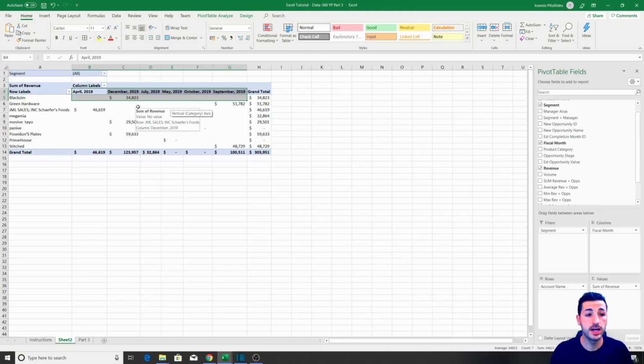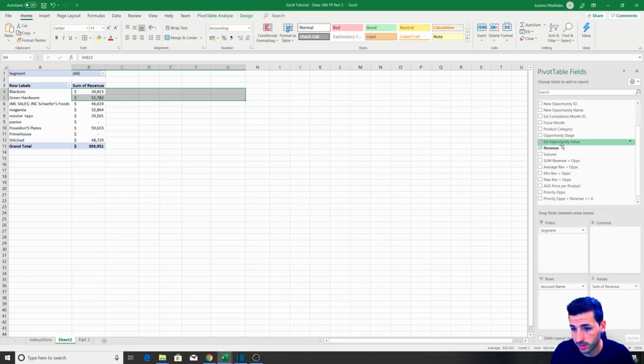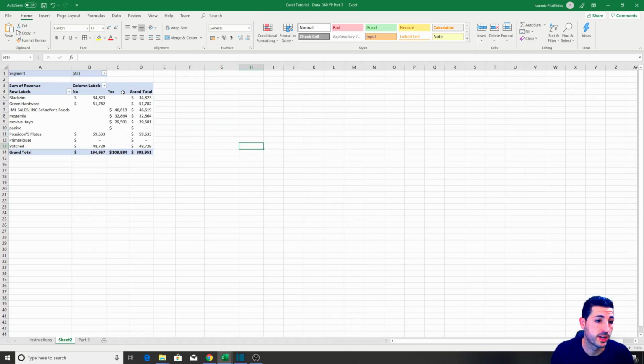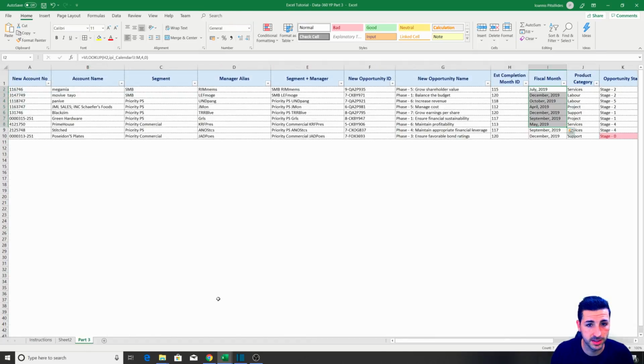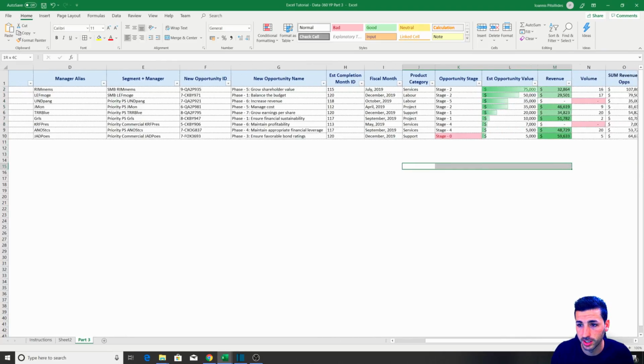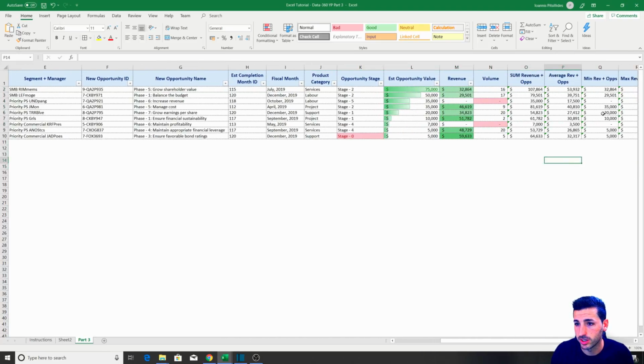Another way of categorizing your data is, let's say you want to see the account name by something else, maybe the priority opportunities, so we can see the yeses and the nos. You remember where we created the priority opportunity down here by using an if statement.